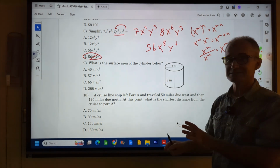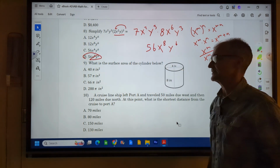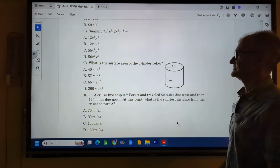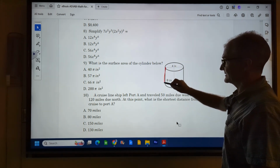Again, we're taking a practice test, see how we do. If you really have no idea what I'm talking about, we'll do a follow-up video just on exponents. Number 9, what is the surface area of the cylinder below? We're going to have to figure out the circle on the top, circle on the bottom, and then the lateral